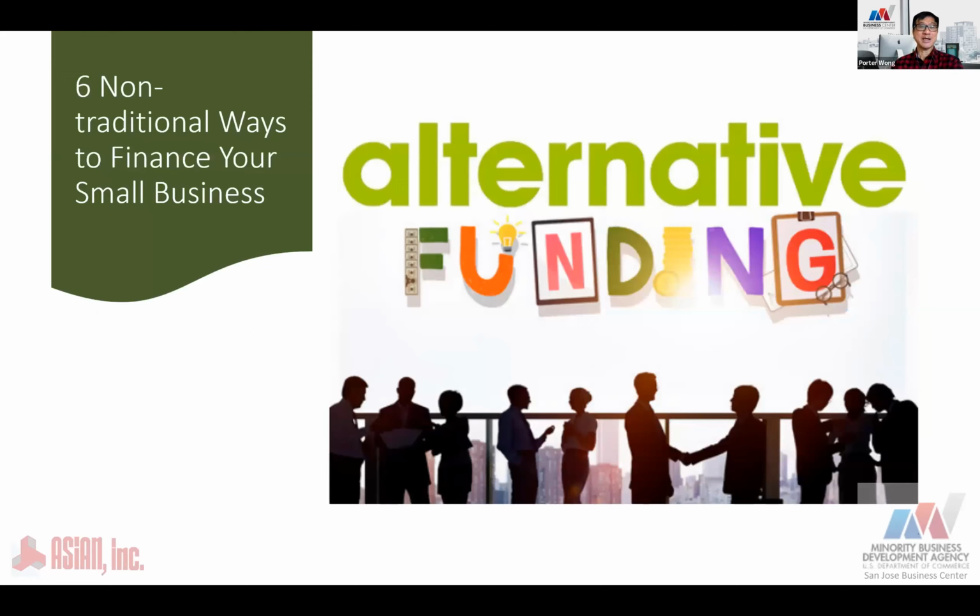Okay, so now I've discussed the basics of the 6 Cs. You will need those, no matter what kind of investor you bump into. At the end of the day, it's about how likely you are to repay the debt. So let's talk about alternative funding. I'm going to show you 6 different options today. Sometimes there could be more, but these 6 different ways are the more common ones.